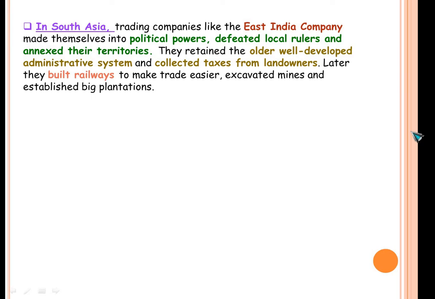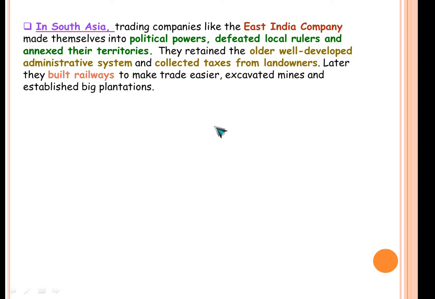That is something that we learned in the Mongol Empire, right? They had so much unity. The administration was very strict. So they were able to retain the older, well-developed administrative system. What do you mean by that? This means that by the time the British, the East India Company, reached South Asia, they had a lot of experience with the other colonies. So they already knew how to conquer, how to come and have a trade relationship, and then slowly expand their empire. The already established administrative system was a kind of standard way in which they asserted their power.